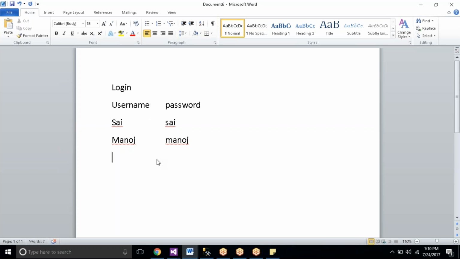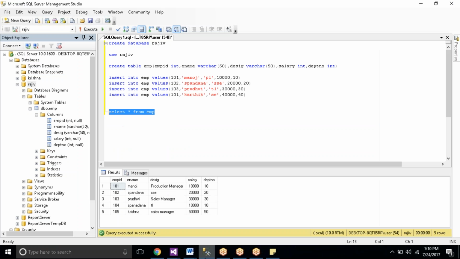Username Sai, password is Sai only, right? Yes. You need to check whether both username and password are matching or not. If both are matching, we need to return that record, and otherwise we need to return zero records. Okay. Can we create a table, that is login, create table? The name of the table will be login. Now the columns: username is varchar(50). Am I right? Password is varchar(50). Correct?